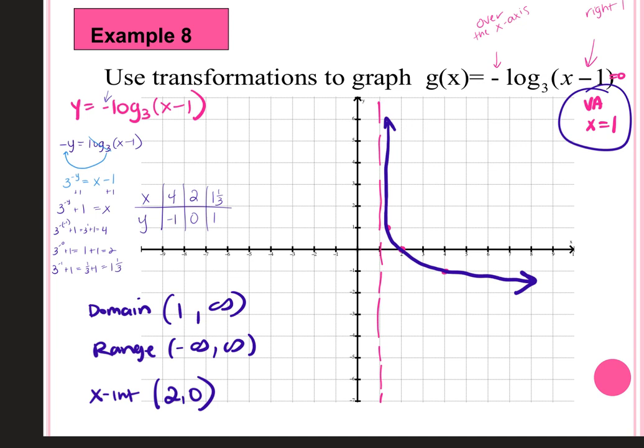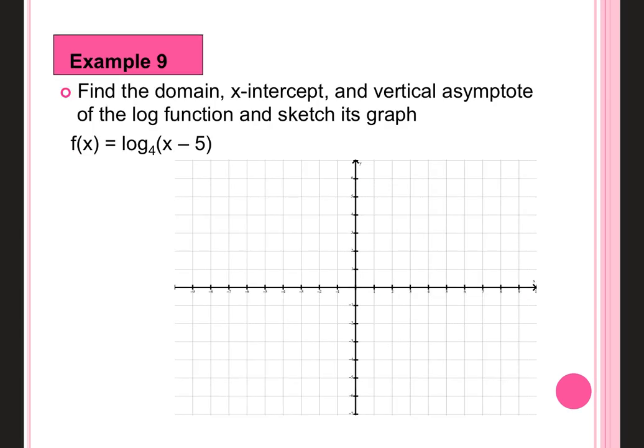Questions so far? Okay, I'm going to hold this one off. It would be the same process, right? 4 would pick up the y, and then you'd add 5 to it. So it would be 4 to the y plus 5. And then we would plug in for negative 1, 0, and 1. Do you know where to go from there? Am I okay to skip this extra example? Okay, good. Because I want to get to